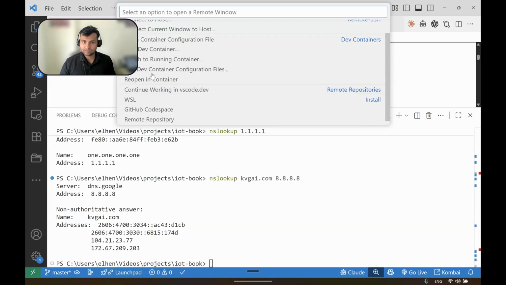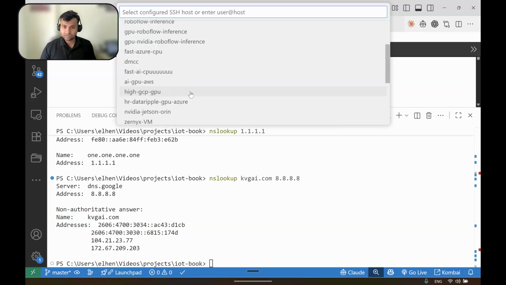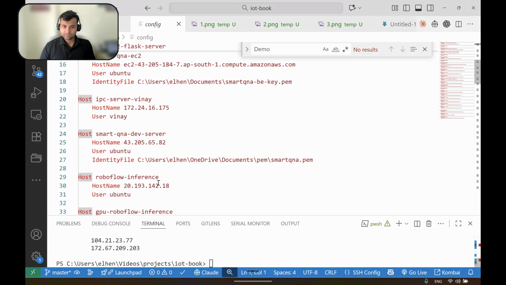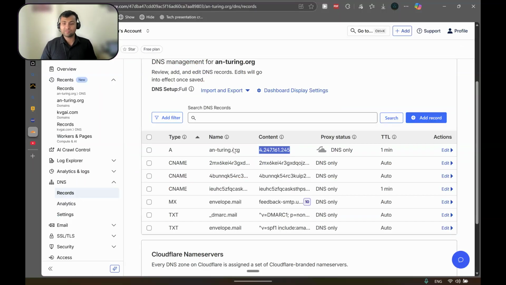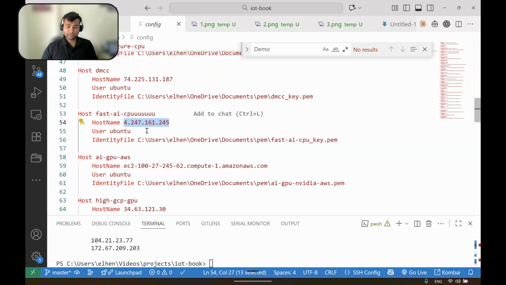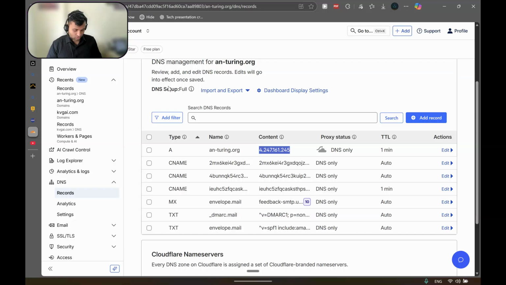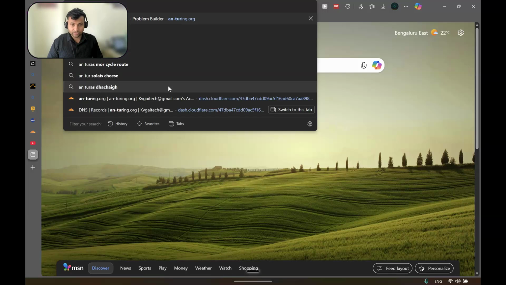If I connect to host and configure SSH host, so this server is actually pointing to this 247.161.245.161, and here on a particular port I have opened the port. Anytime you interact on HTTP, it will directly reroute to port 80, and if you're doing it with HTTPS, it will reroute to 443. So if I type, let's say, this an-turing.com,